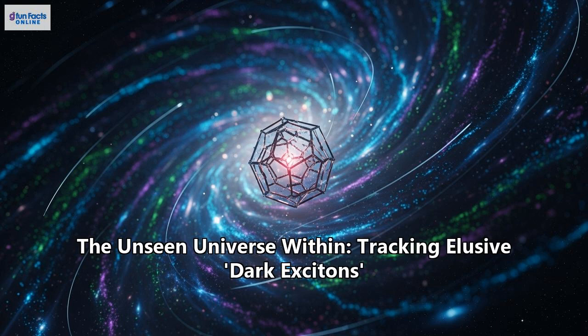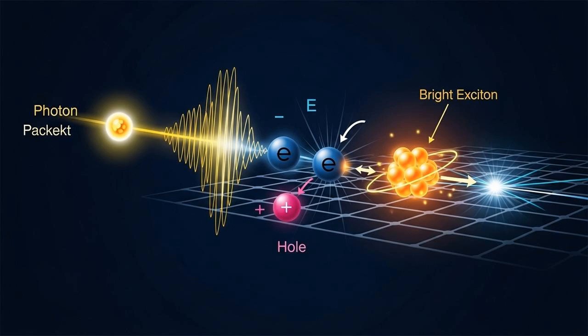technology. But what if we could find the key to that lockbox? What if we could harness this invisible energy? Scientists are now on the verge of doing just that, by learning to control a mysterious particle known as the dark exciton. To understand what a dark exciton is, we first need to talk about its sibling, the regular or